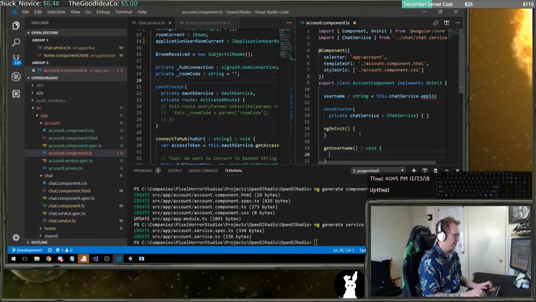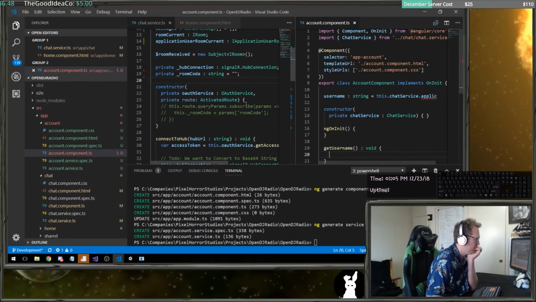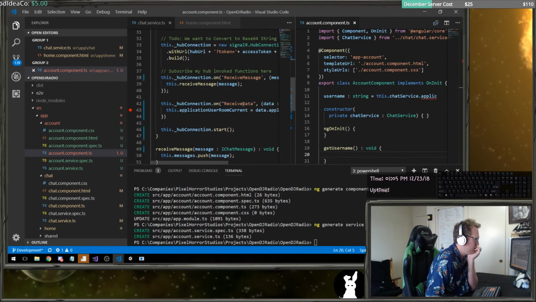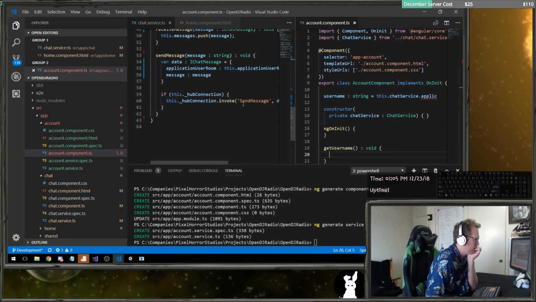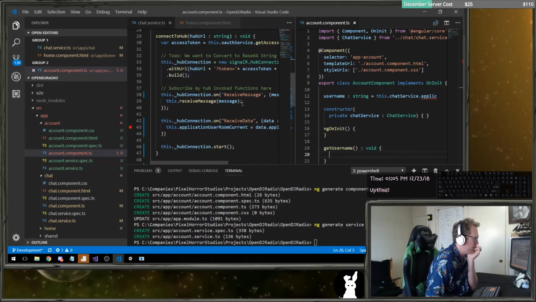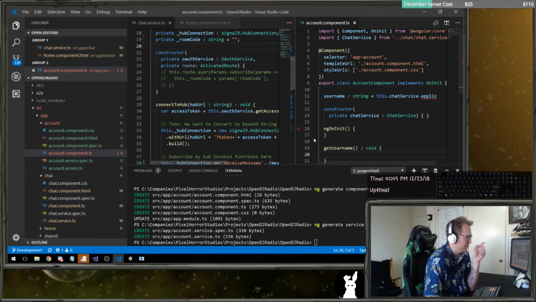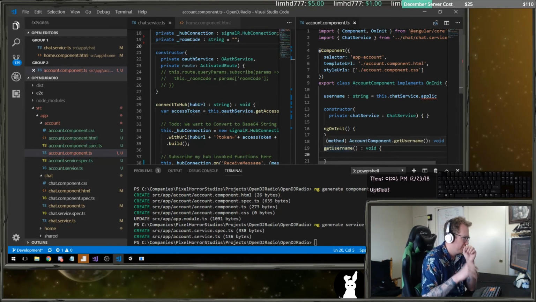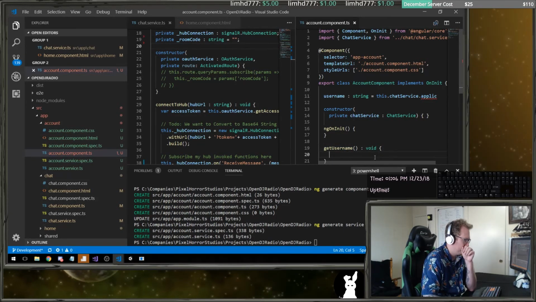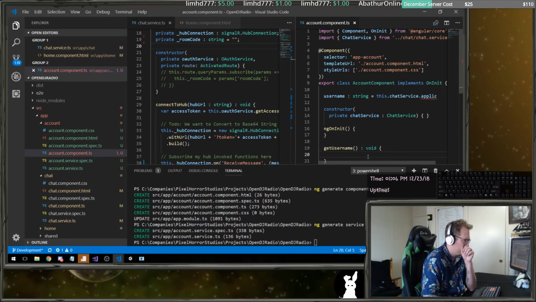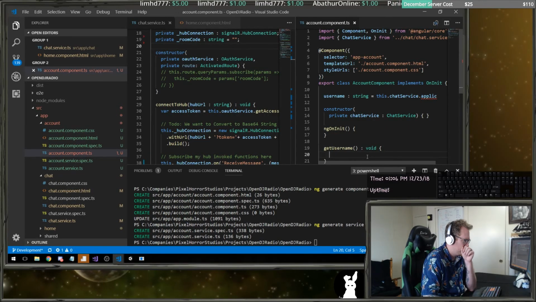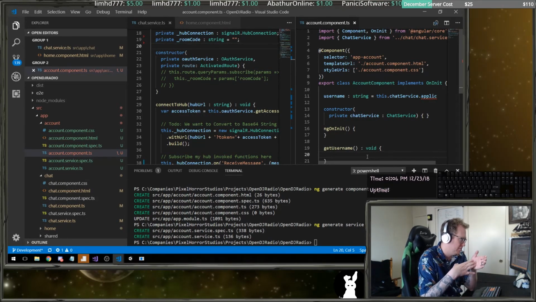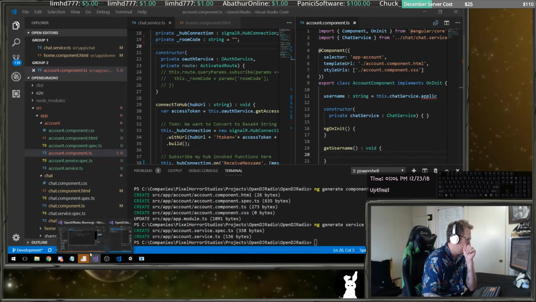And what we're going to do is, when we start this, we want to do the receive message back. So on connect should, but it's in a different hub. Hold on. So we need to request the username, and then I can respond to it from the hub. So if I look at the hub